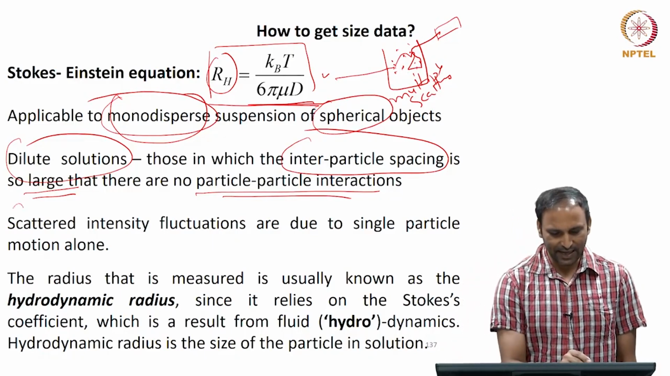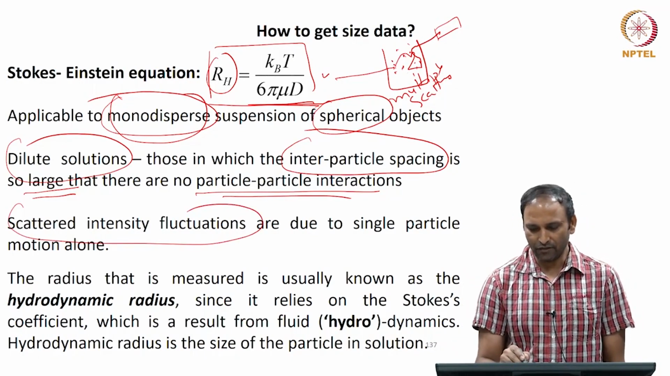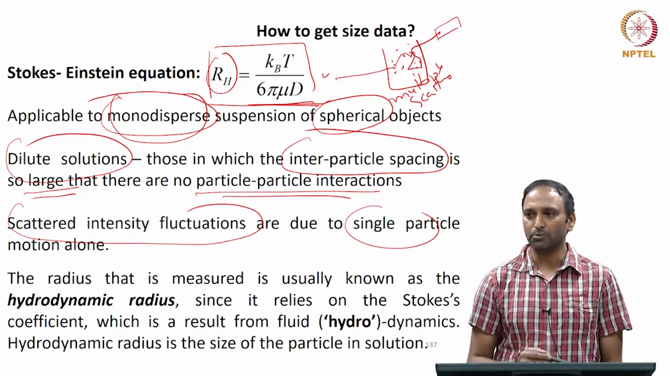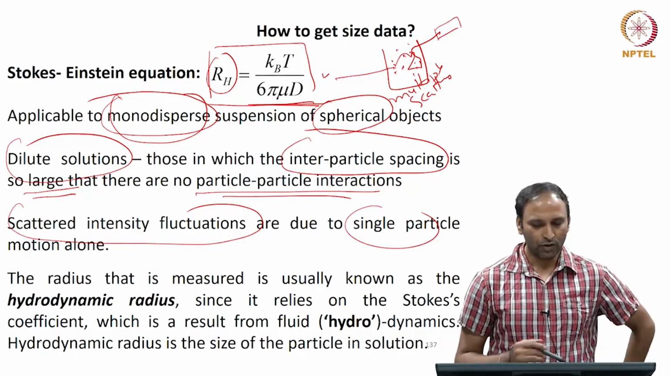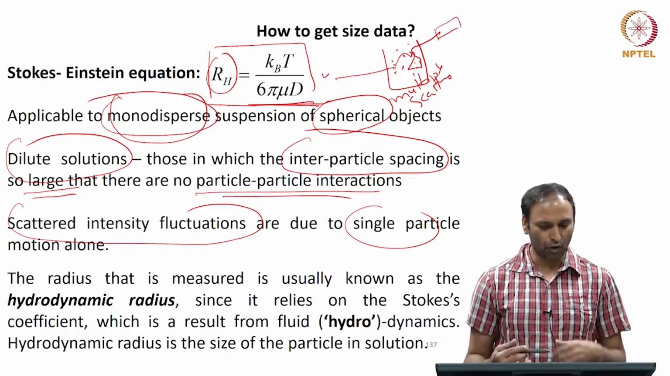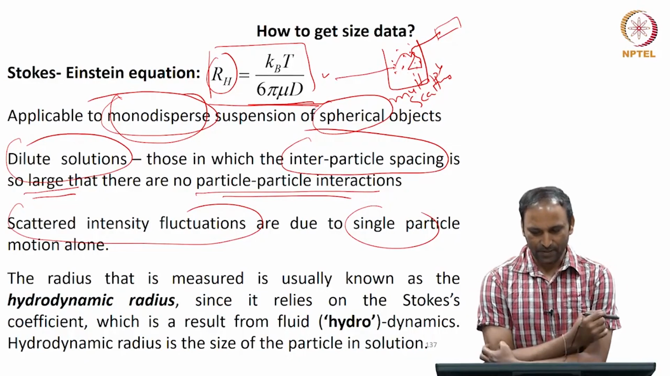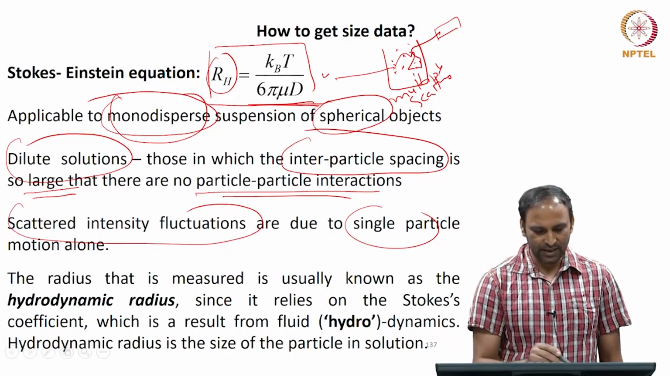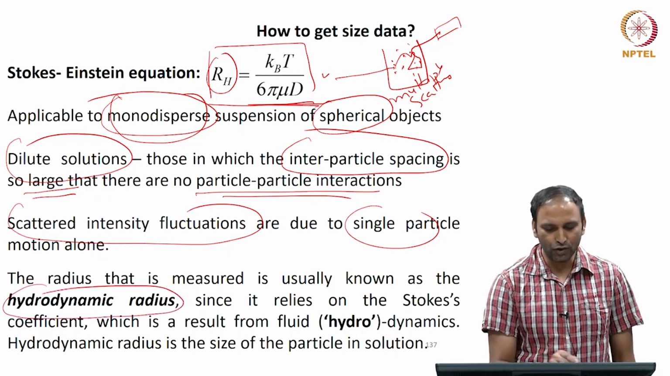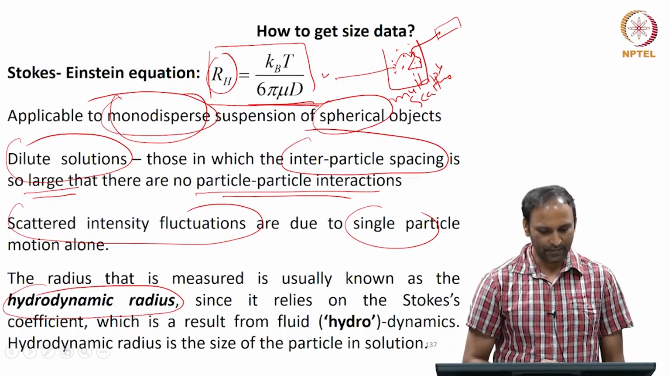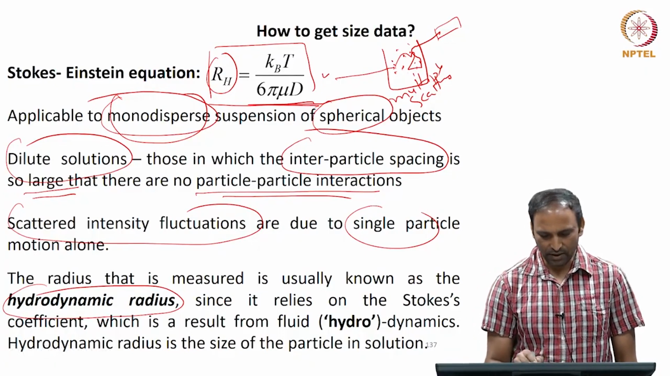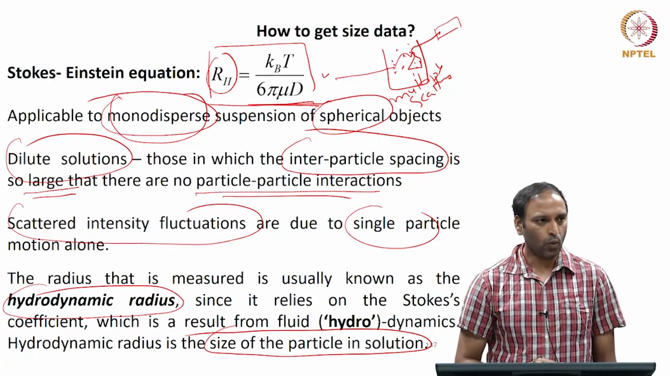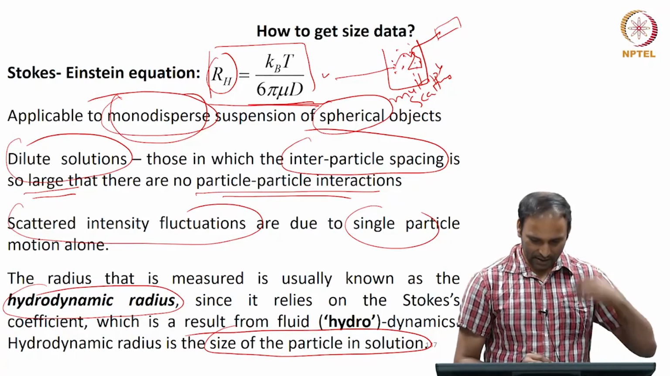That is because, as I said, the scattered intensity, we are assuming that whatever is scattered is because of a single particle motion alone. And if you have too many particles close by, the other particles could also influence this fluctuation. And what is typically measured in DLS is what is called a hydrodynamic radius, which is the size of the particle in the solution. What I mean by that is that